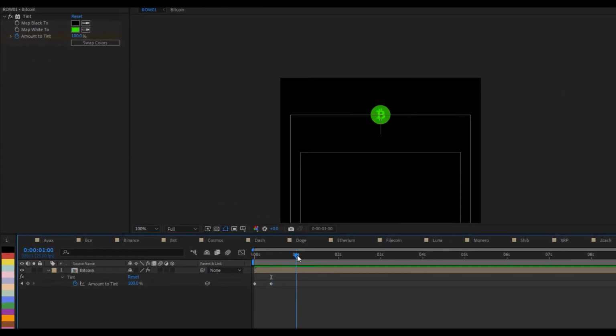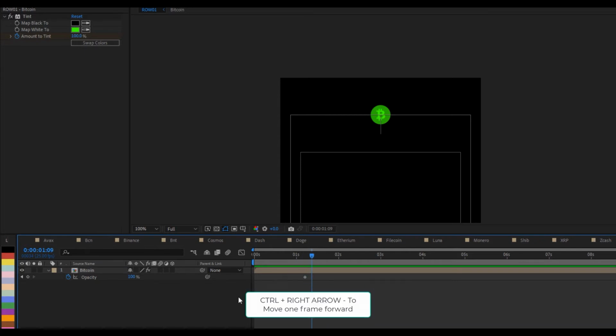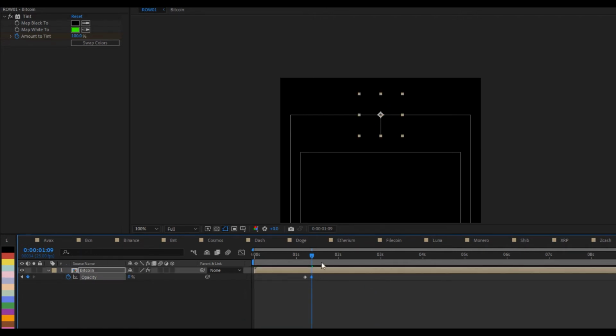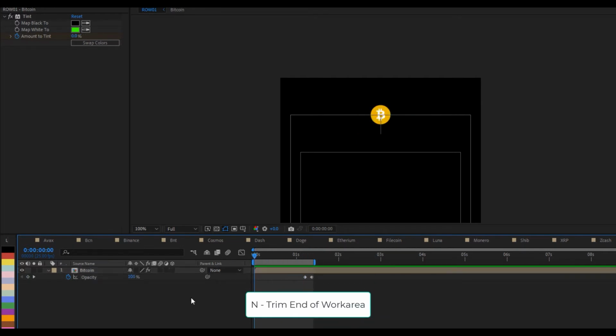I'll use my time indicator and put it on about 1 second and 5 frames. So I'm going to hold down Control and my right arrow key, 1, 2, 3, 4, 5, and I'm going to click on T for opacity, set animation here as well. Then I'll go forward 4 frames, using my Control and the right arrow key, and then I'm going to make sure the opacity is at 0. Click on N to trim my work area. And if I just play this now,